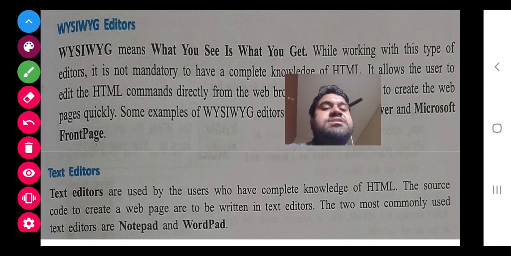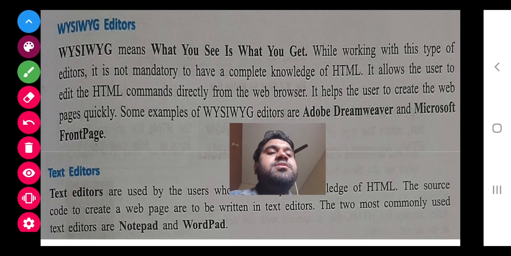And next is the text editor that I have already told you, Notepad and WordPad. You will write in your own font, in your own size, whatever you want, but it will appear according to the browser. In the higher level, in the computer field, we generally use FrontPage and Adobe Dreamweaver. But at school level we generally use text editors, that is Notepad and WordPad.